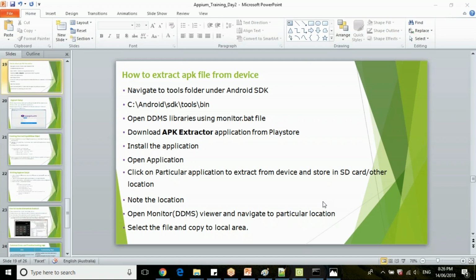We'll connect in the Monday session, and we'll discuss this. So I recommend you download Android SDK, set up the path for ADB, and